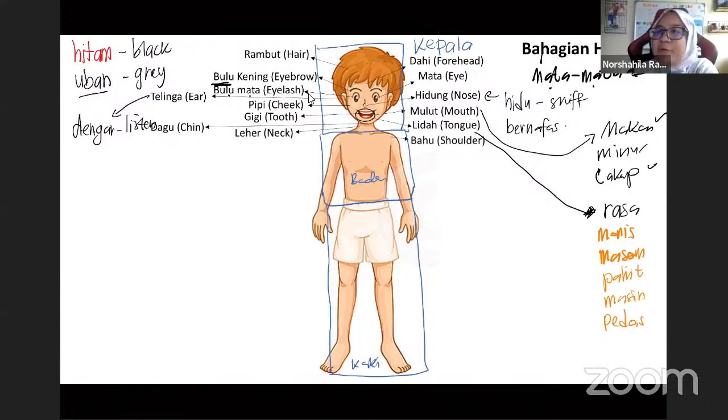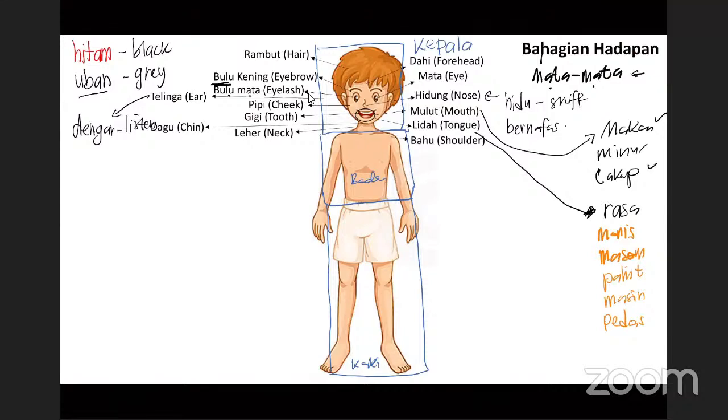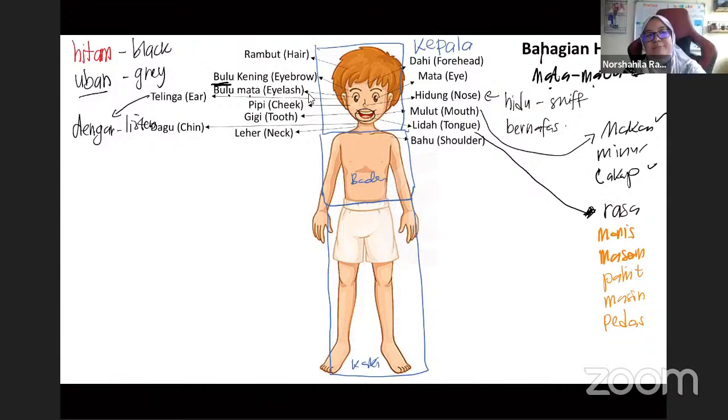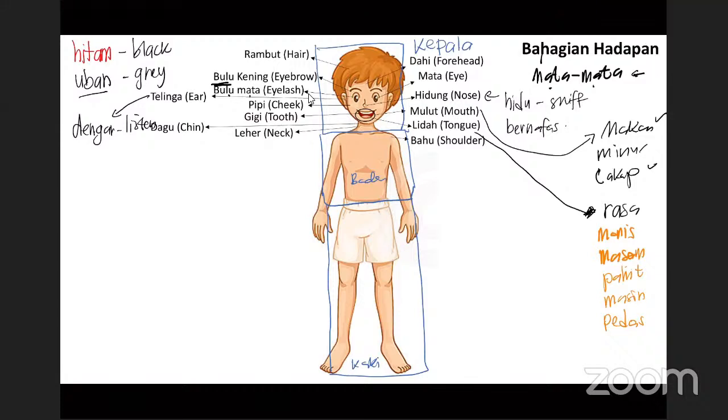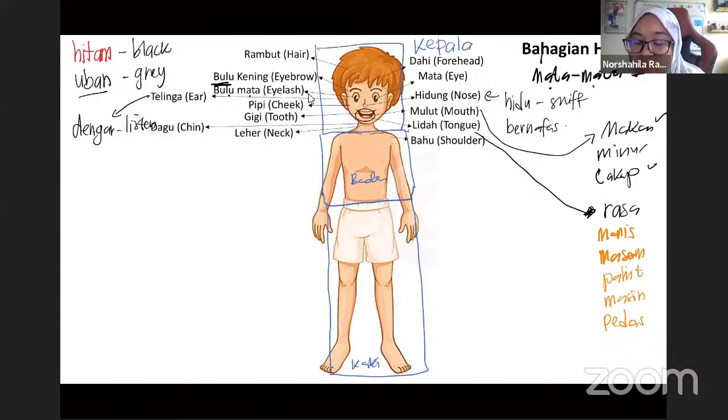What do you call it in Arabic? Do you know, Samar? It's called kitf. Okay, so it's different. I think it's familiar with Tamil, but not Urdu. Anyone know Urdu? What do you call bahu? Because I watched Bahubali in Tamil, and the word Bahubali actually means a strong shoulder. So bahu means shoulder.